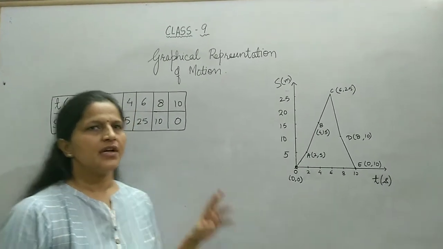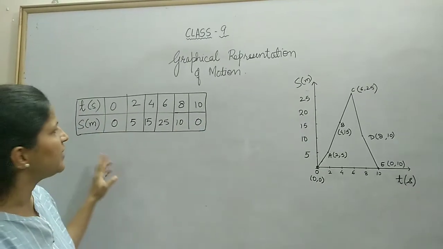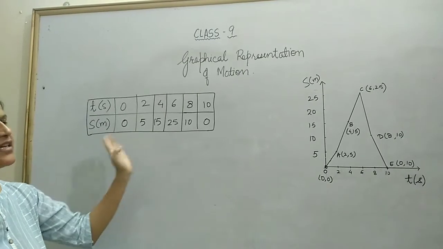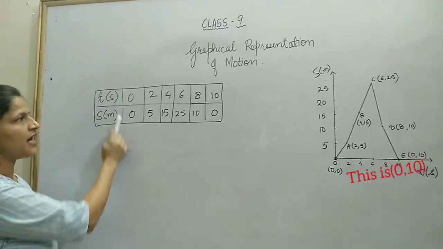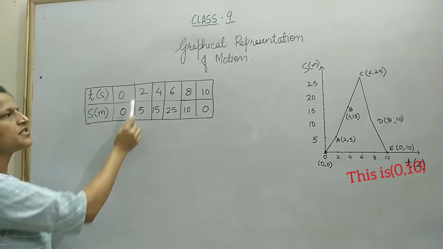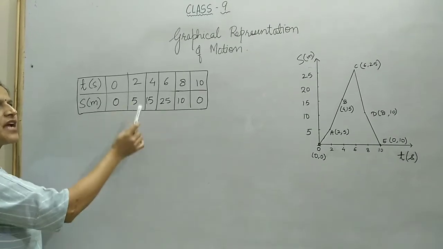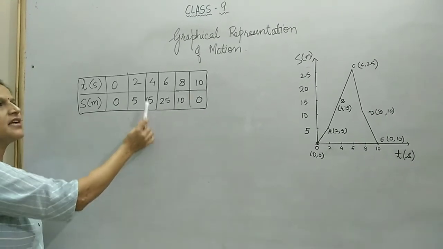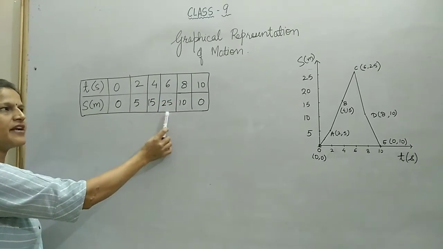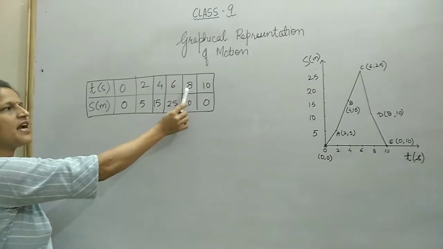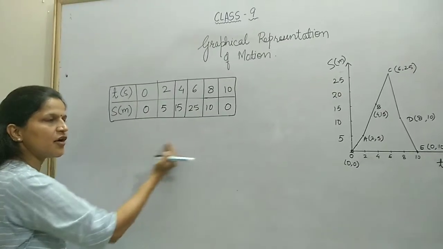Third graph is showing the time variation from 0 to 10 seconds and the displacement values are taking some irregular pattern. The initial displacement is 0 at t equal to 0. In 2 seconds the object gets displaced by 5 meters. Then in the next 2 seconds it displaces by 10 meters. In again the next 2 seconds, between 4 to 6, it displaces by 10 meters. Between 6 to 8 seconds, it displaces by some value in an opposite sense.